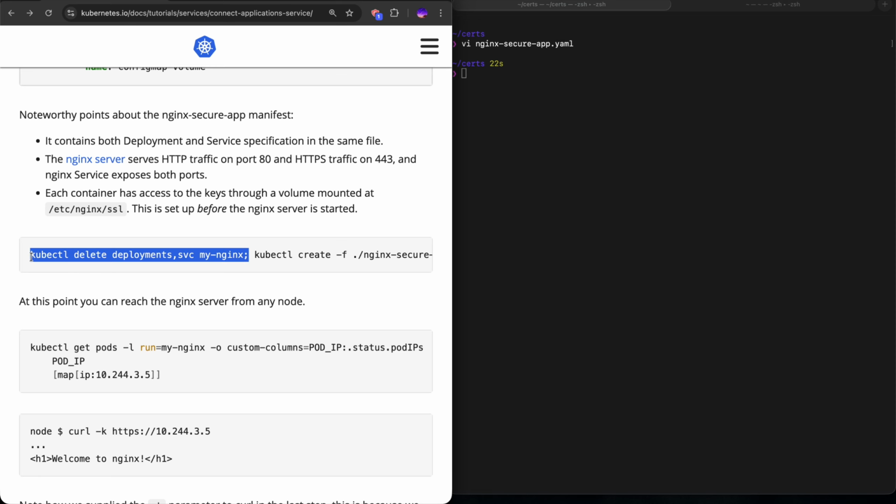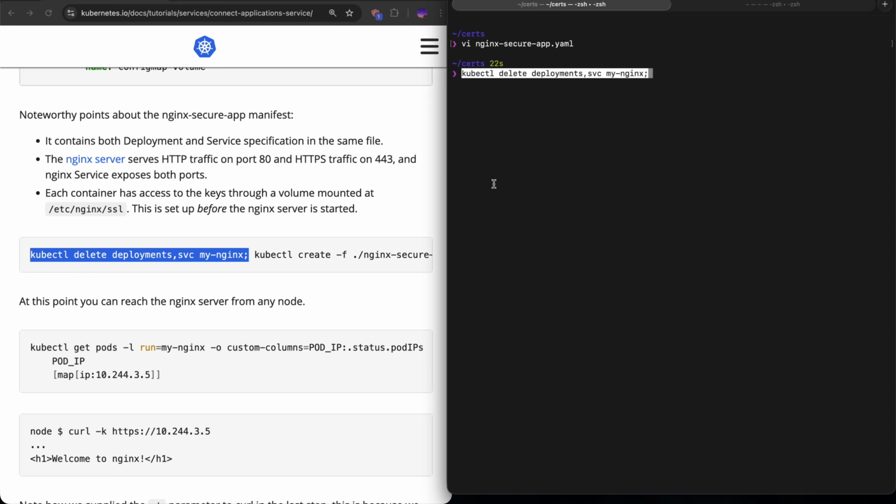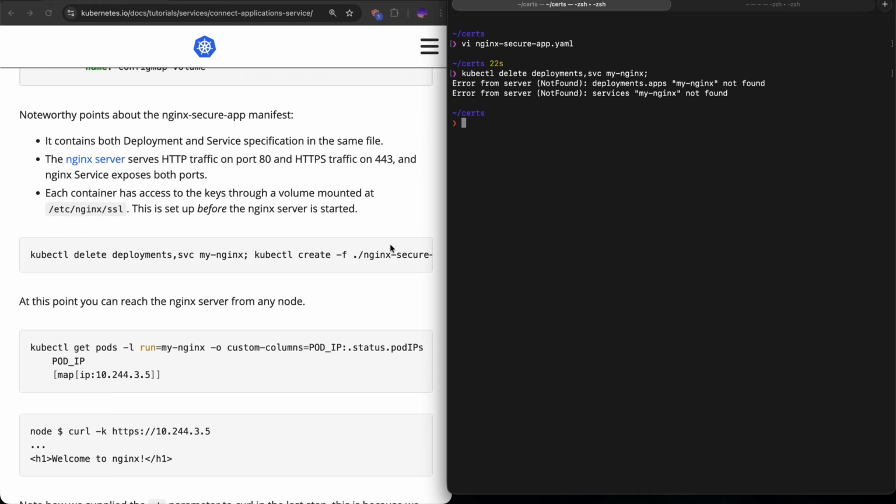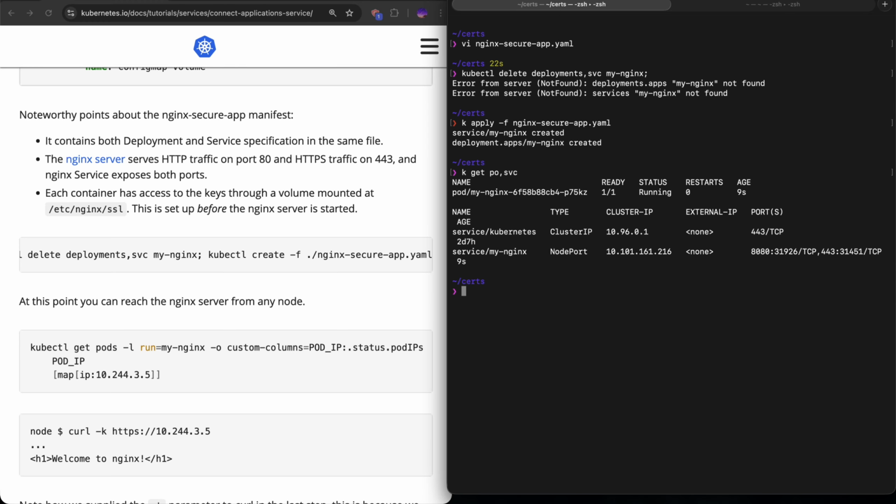Here is some information on how to delete the previous deployment and service. I have already done it. So here we have to create, I will use apply -f nginx-secure YAML, and get pods svc, and we have this pod which is running, and this service of type node port, and we have exposed here the ports 8080 HTTP and HTTPS,